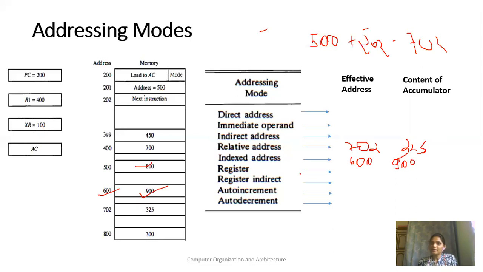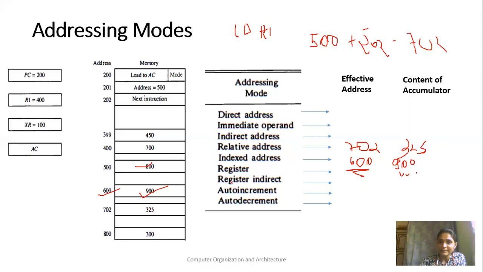For register addressing mode, for example, we have used an instruction like this: LD R1. So your content of R1 register is going to be stored into accumulator. Here you do not have any effective address, directly content is there, and that is your content of R1 register, that is 400, and that is going to be stored into accumulator.